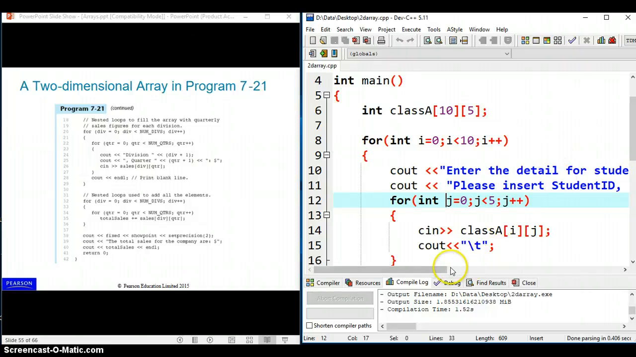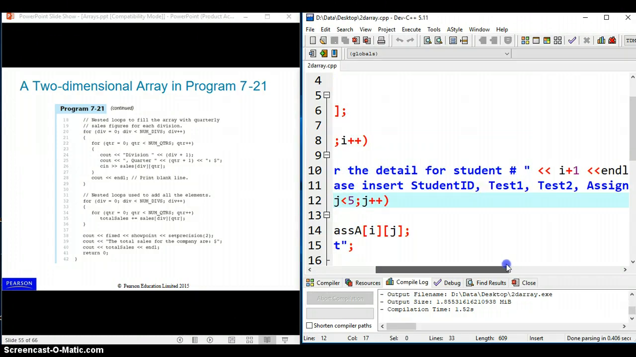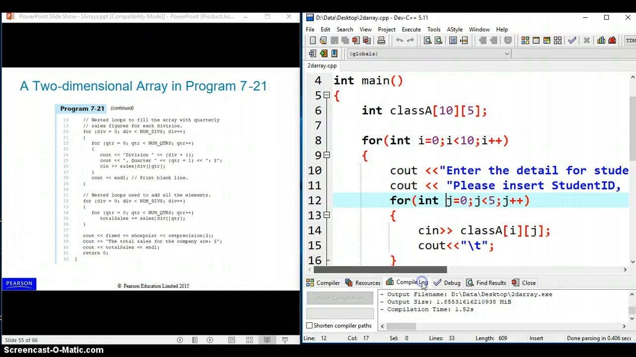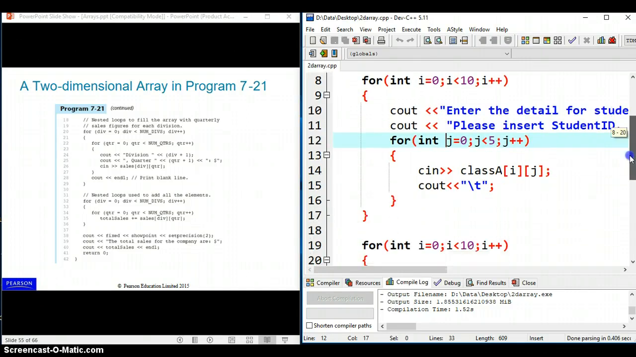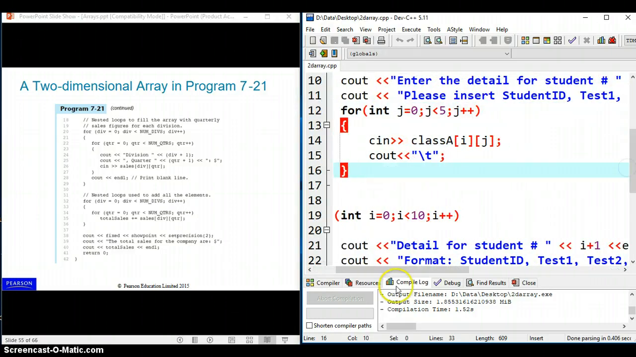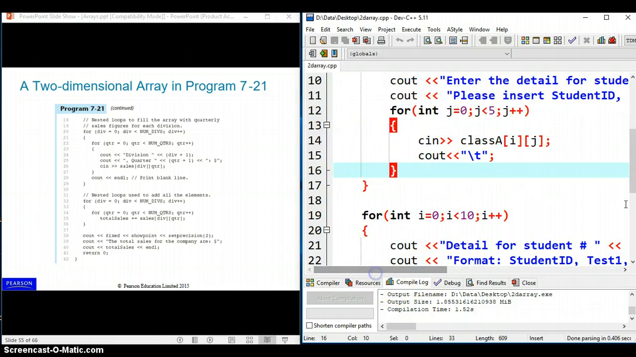Alright, so from here you can see that after the inner loop we have cin, and it goes directly cin into the respective cells in the 2D array. And then for printing,